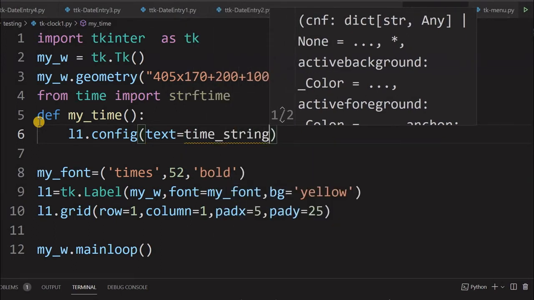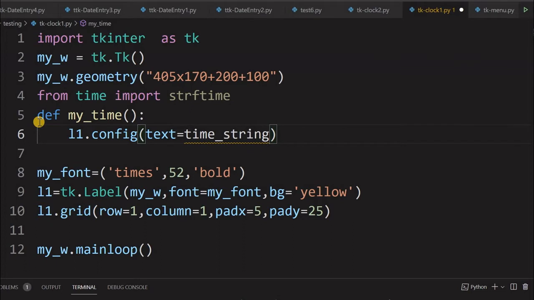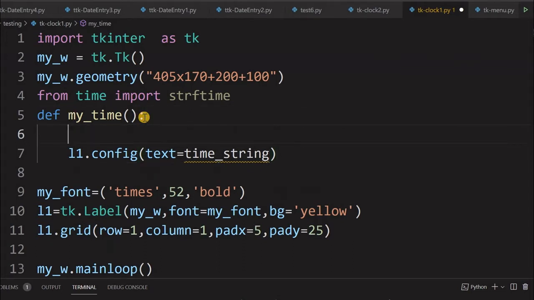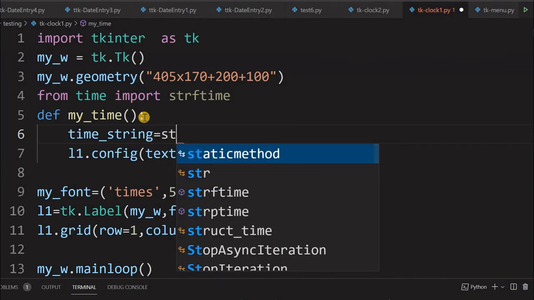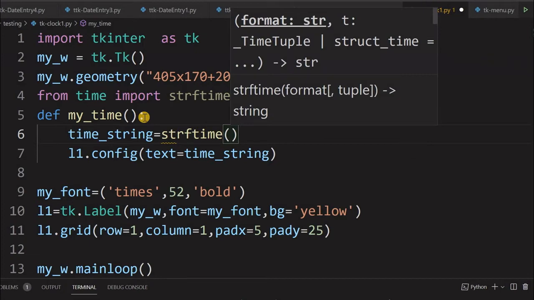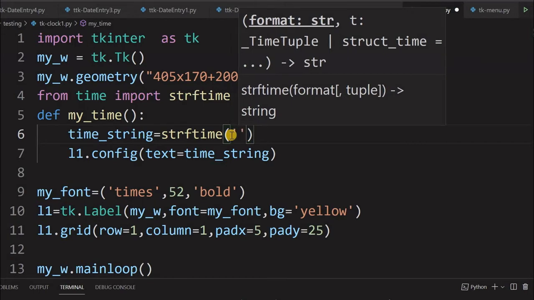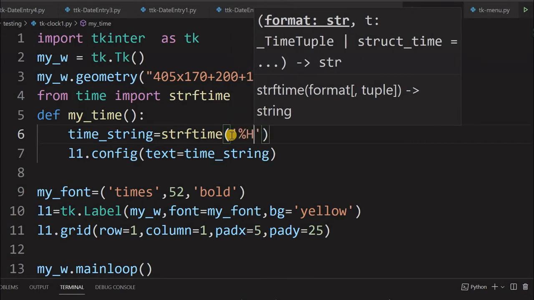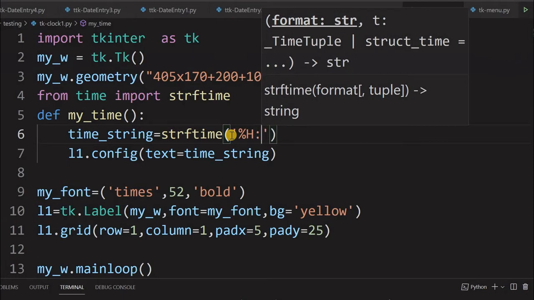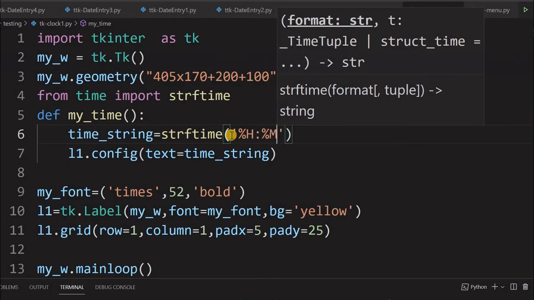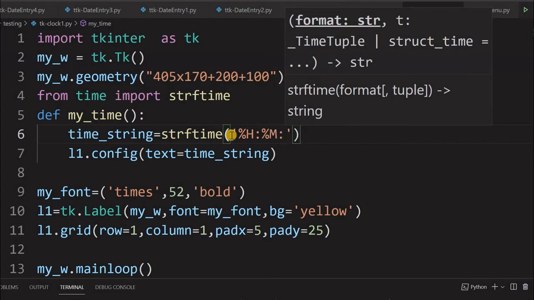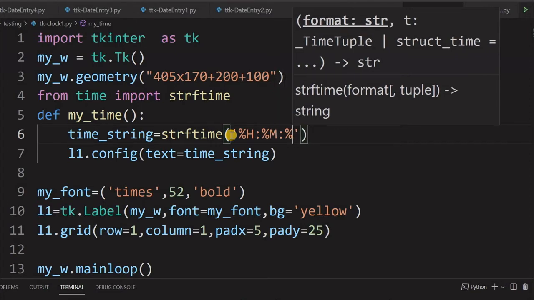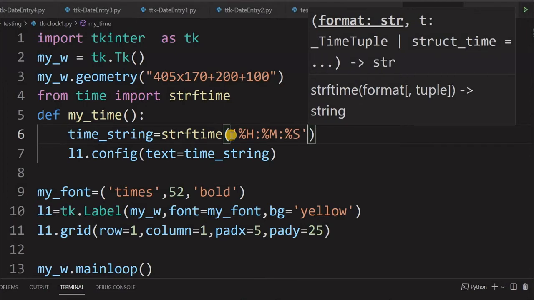Okay, we have not declared it, time_string. This is a variable I have declared. Now time_string I will declare it here. time_string equal to, now what is it, strftime. Now strftime we have just imported here at line number 4. You can see strftime we have connected. Now let me give the format. What I am going to give is hour. This %H is hour. Then %M, so minutes, and %S, second. So I have displayed that one.